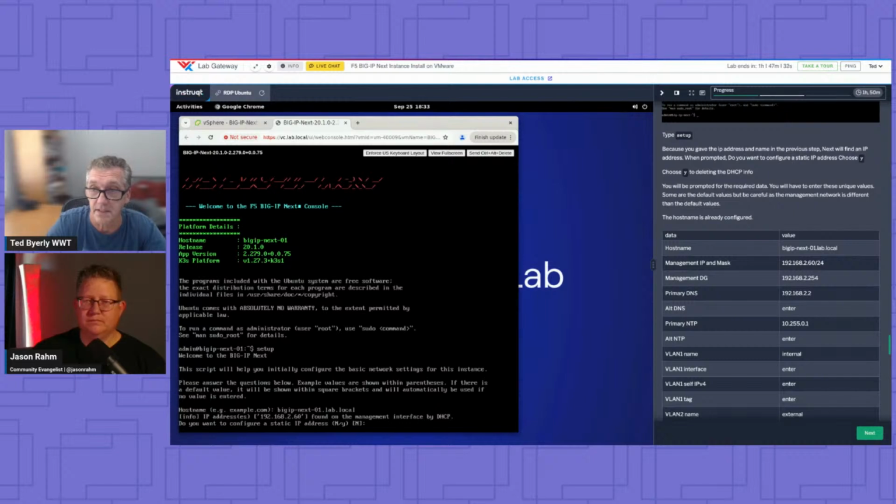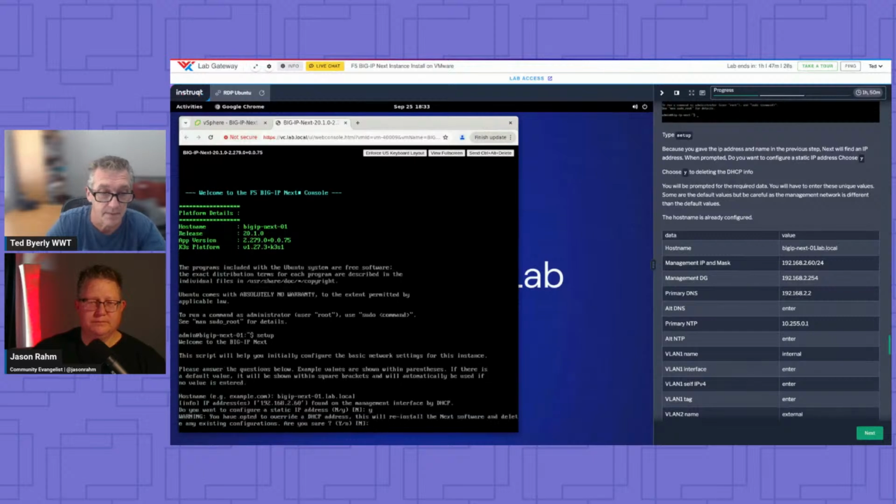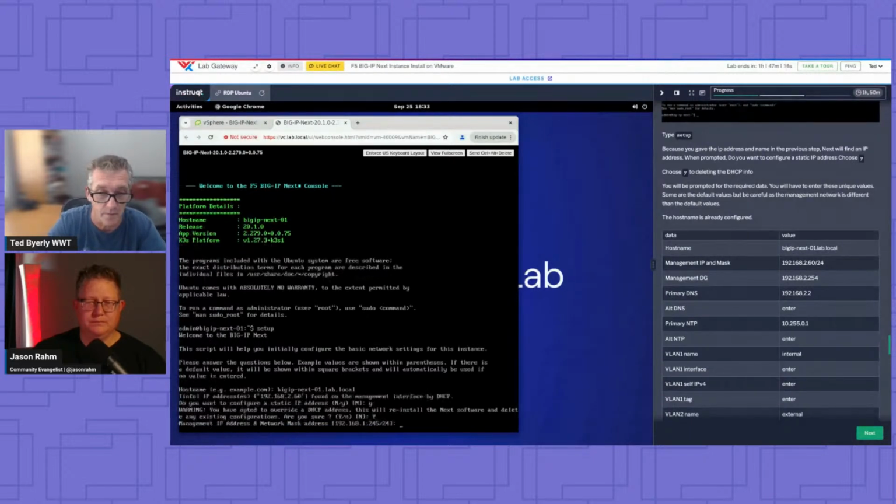And for this instance, I'm going to configure a static, right? Yes, I want to configure a static. It's going to release everything. Yes, it's going to get rid of the DHCP. And here's management IP and mask. We did 2.60/24. You got to get that mask in here.